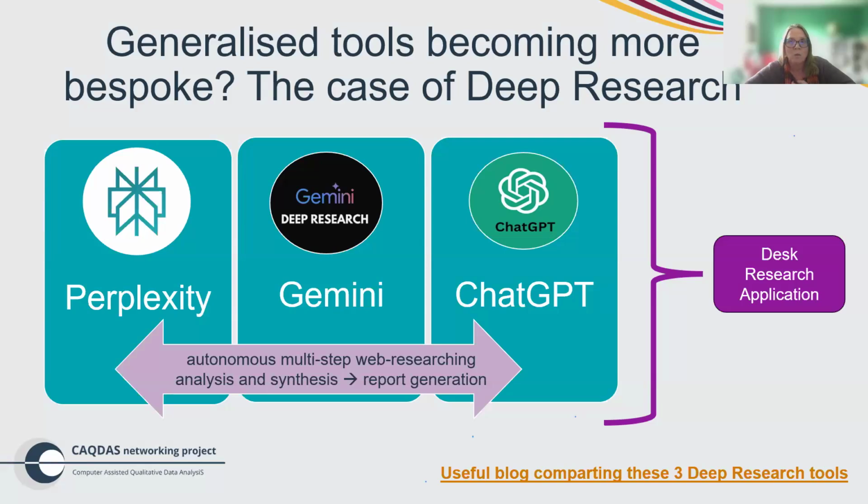If you're interested in that, of course, what it's doing is gathering all of that information from the internet and bringing it together and collating it for you based on the question prompts that you provide. And many people think it's highly unfortunate that OpenAI, Google, and others are using the same name, Deep Research, for their separate tools, but that's the way it is. But there is a useful blog here. Once you get hold of the PDF, you can click on there and read the difference between the three of them if you're interested in that.